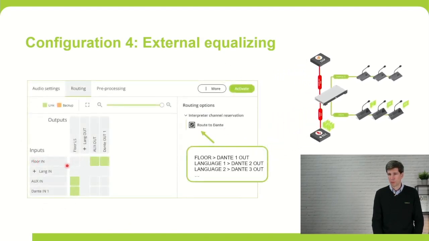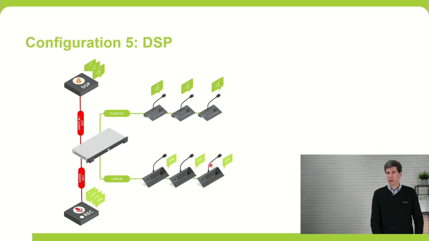So floor in is not put on the speakers, but is outputted on the auxiliary output and on Dante output 1. And then the processed audio is coming back through the auxiliary input or the Dante input and is sent towards the loudspeakers of the microphone units. And also, of course, here you can route the languages to Dante. That's the fourth configuration. The fifth one is similar, but different in that we do not send the floor towards the DSP,